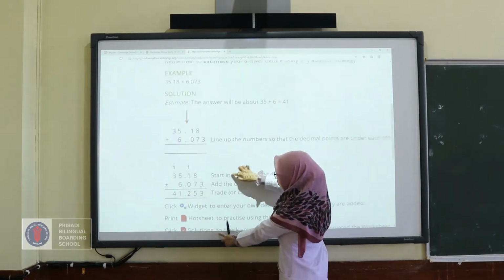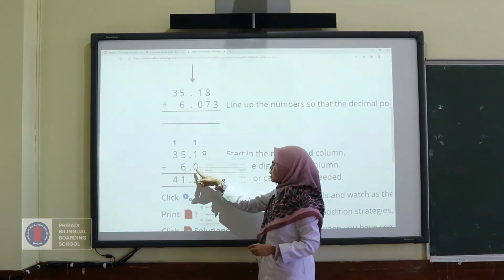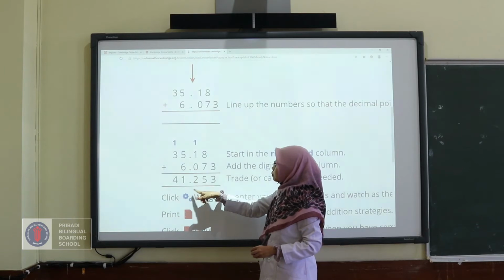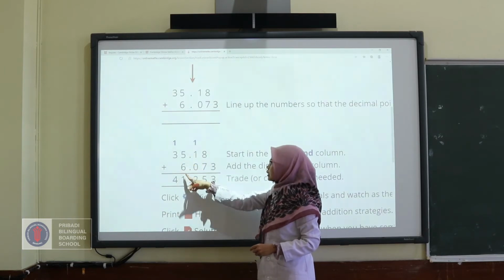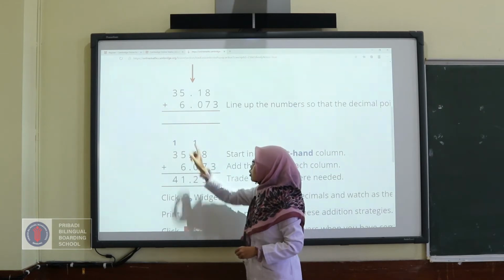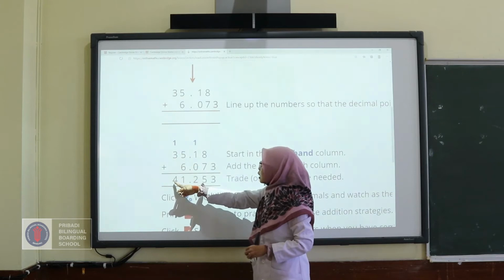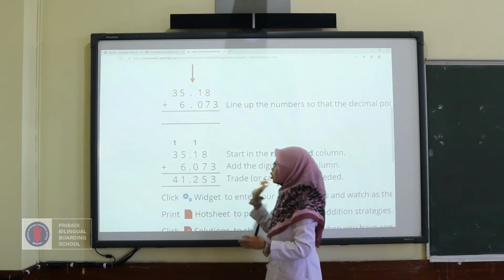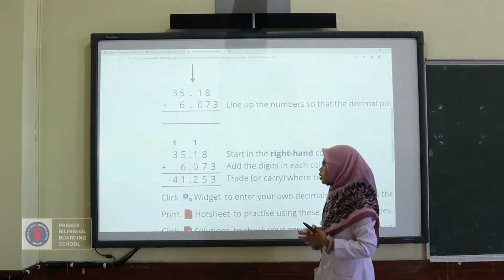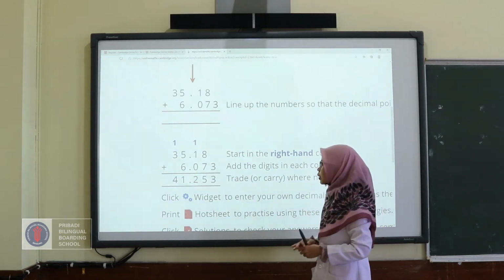Here, let me zoom in. 1 plus 1 plus 0 is 2. And then 5 plus 6 is 11. So we put 1 and then carry the 1 to the next place. So we have 1 plus 3 equals 4, so 41. So the answer is 41.253. This is about the addition.